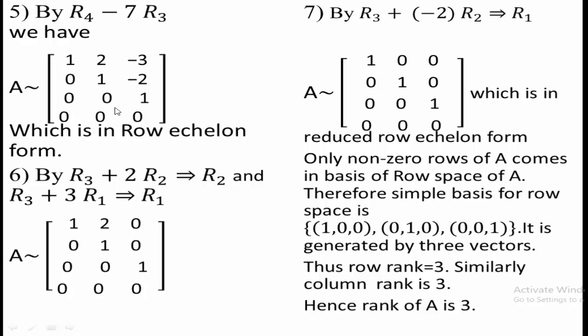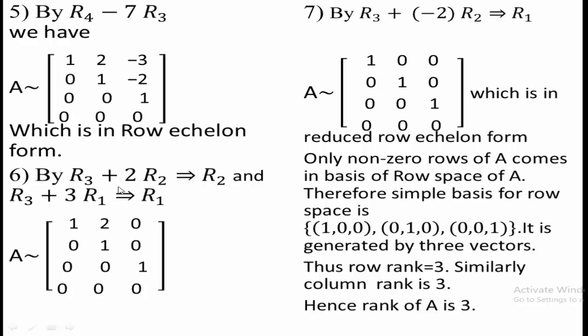Converting this matrix to a reduced row echelon form means what? A leading entry, the first non-zero entry in a non-zero row, is called a leading entry. A column containing a leading entry has all other elements 0. This is the first leading entry, so the rest of its column must be all zeros. This is the second leading entry, this column has all zeros. This is the third leading entry, this column also has all zeros. So